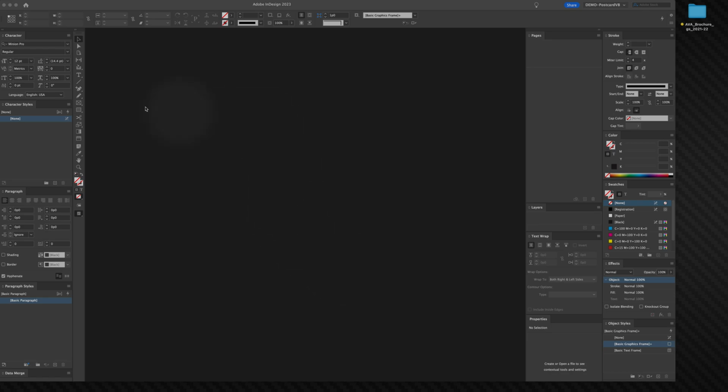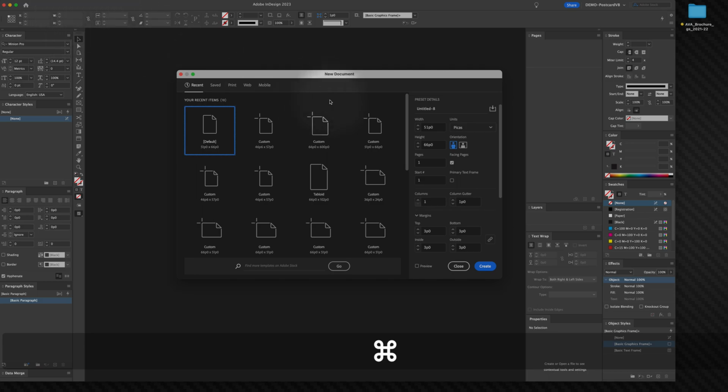Okay, so to get started in InDesign, create a new document. The size of this document, I'm going to have some numbers in here that I'm going to deliberately choose to be a little bit off maybe of the standard, and that will help show you what more difficult settings might be. So anyways, this first one, the size I think that we're going to start with is the